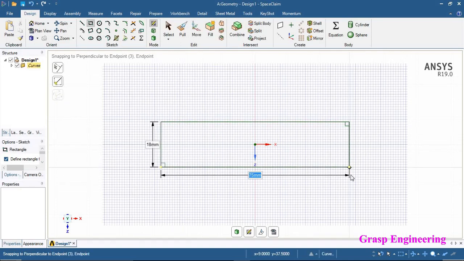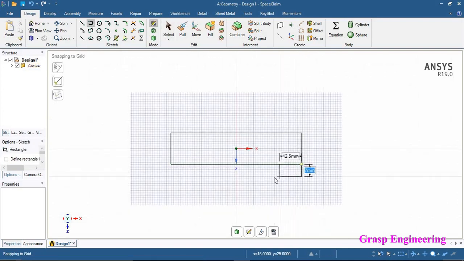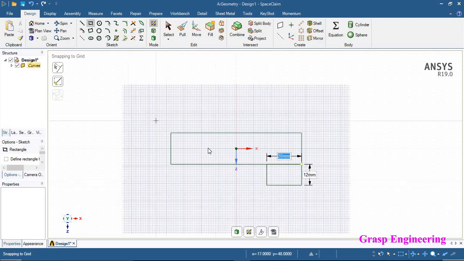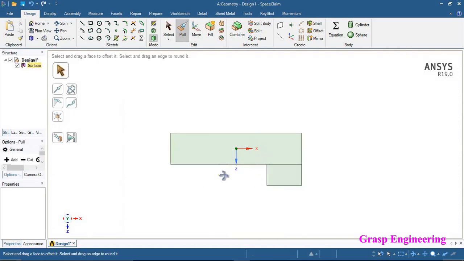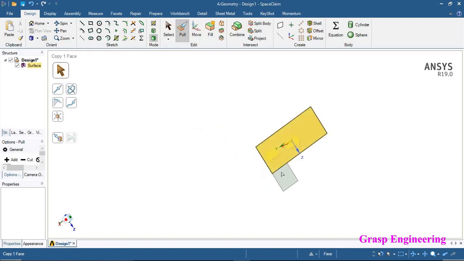Then let's go for the other rectangle. You need to go to select, first select this rectangle, select the first point, and from this point, as we know it is 12 by 20, since the total height is 30 mm. So 30 minus 18 is 12, so you put 12, then press tab, and this is our 20. Once this is done, you can go to direct select mode, so there is no need to remove this sketch. Let's try this. Go to pull. Now you will find there are two rectangles and one surface is created, so we can directly pull it by selecting them together.